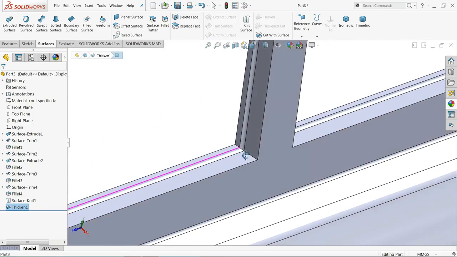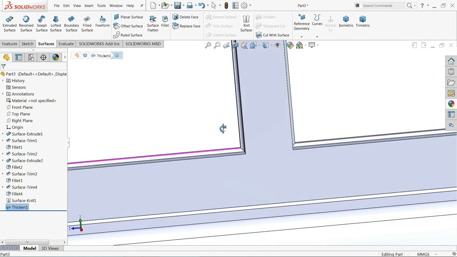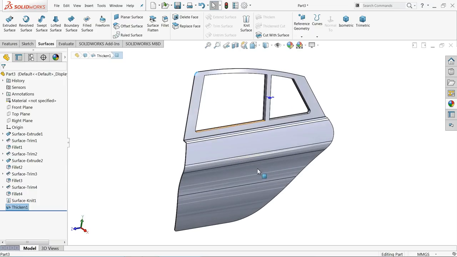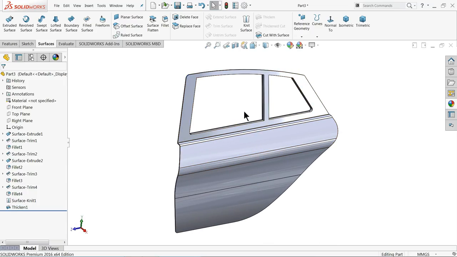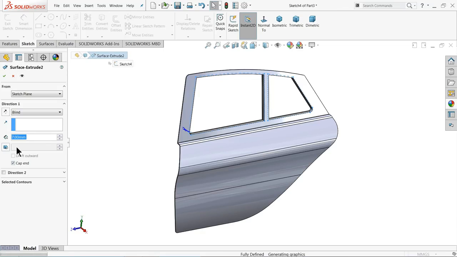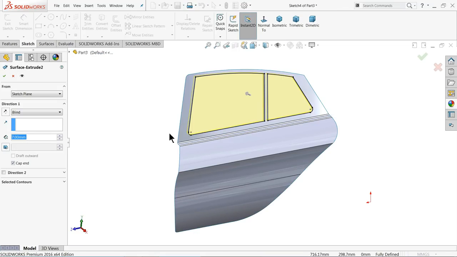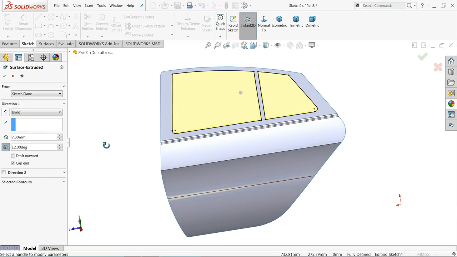Now here again we will do a little modification so that it helps us a lot. This extrude surface, edit. Now let's make a fillet, 20 mm.